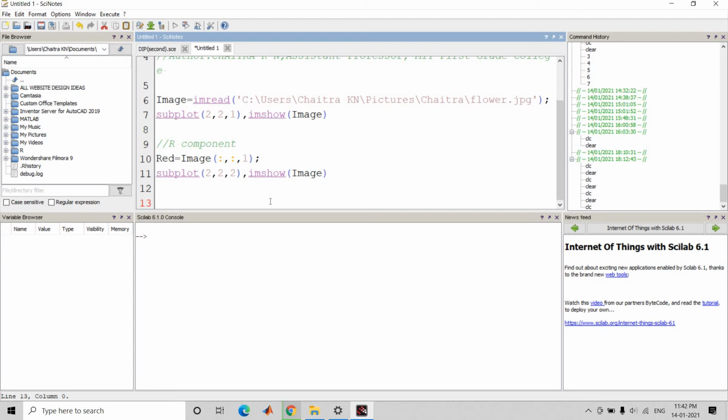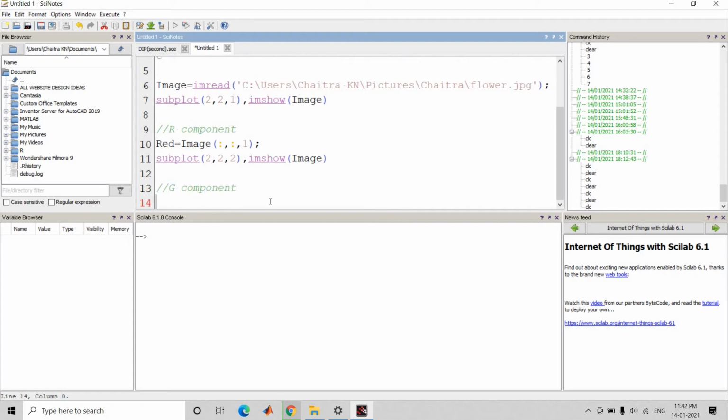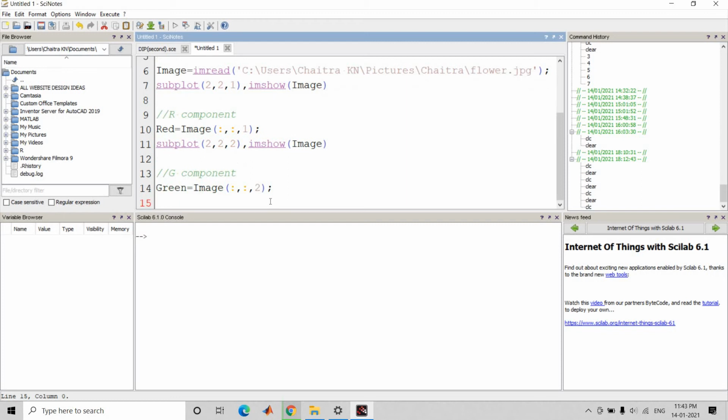Now we have to extract the green component from the image. G means the green component. So here green is equal to image of colon, comma, 2, which means all rows, all columns of the green component.